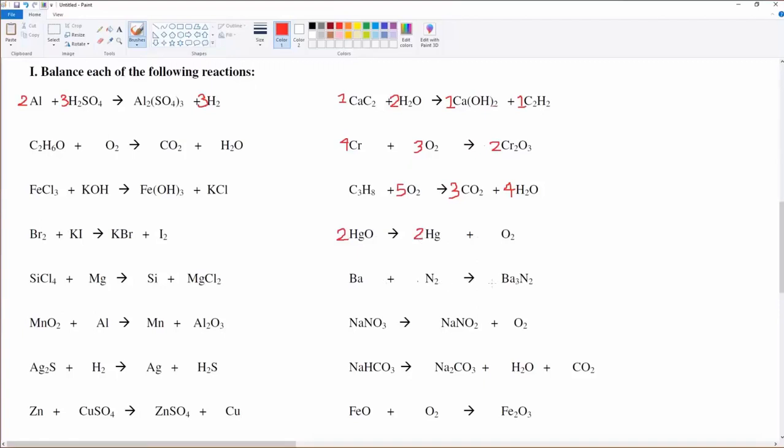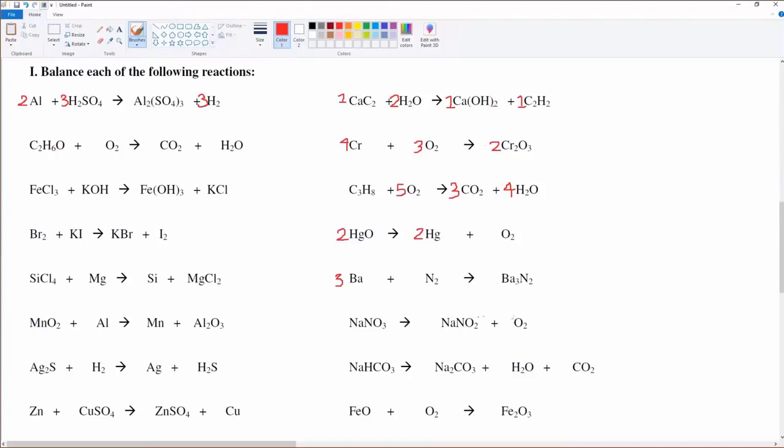Barium plus nitrogen goes to form barium nitride. Excellent. All I need to do is put a 3 in front of my barium and it's done. Well, that was nice. Okay,